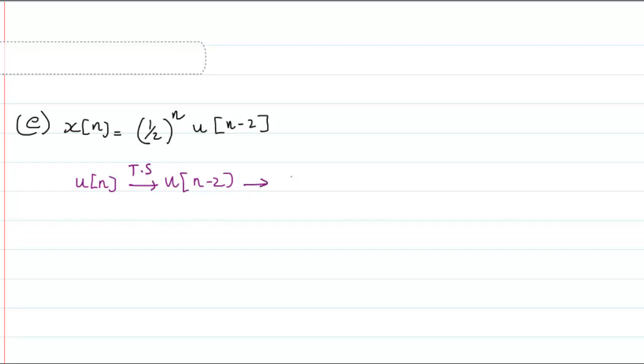Next you multiply with a raised to power n, here a is going to be 1 by 2, so 1 by 2 raised to power n u of n minus 2, which is this property. This property is basically, if you remember, the multiplication by an exponential sequence property, the third property that we had studied. It says that if you are having a function x of n